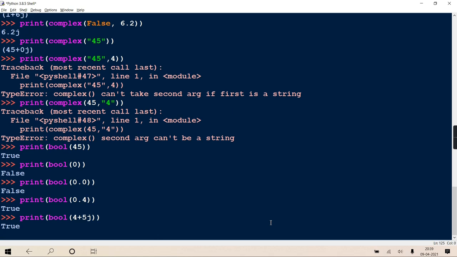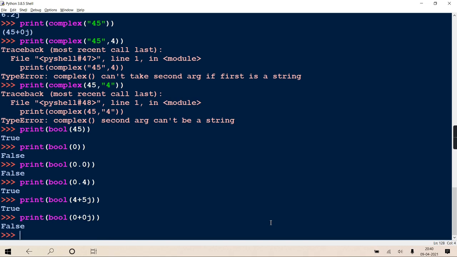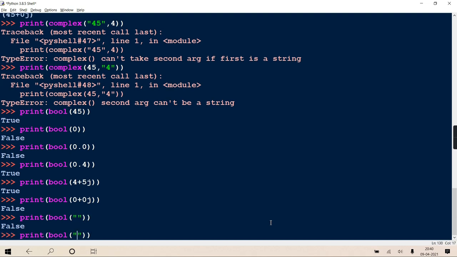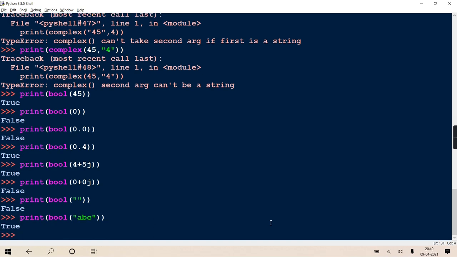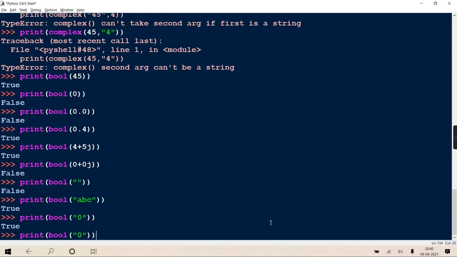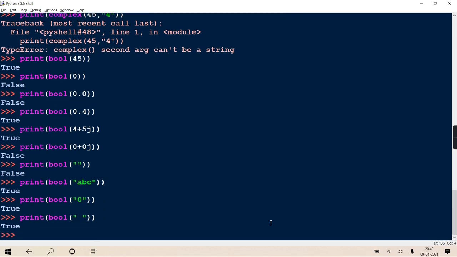True. Getting? But when both the real part and the imaginary part are 0, it is false. Okay? And then boolean of a string, see carefully, if it's an empty string, it's false. But if the string contains something, it is true. Even 0 is true. Even space is true. Getting?